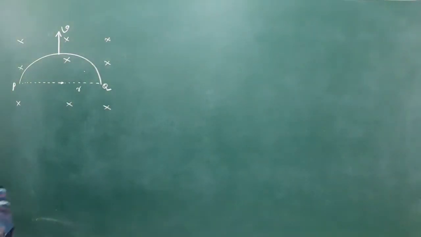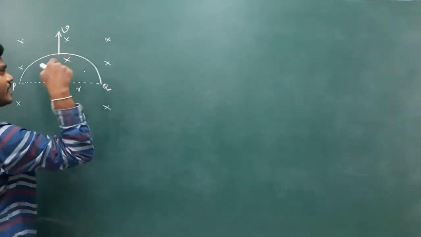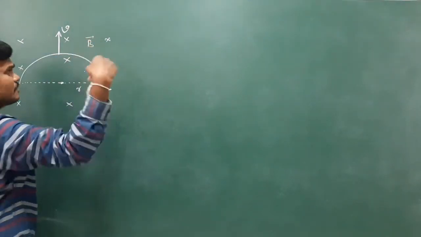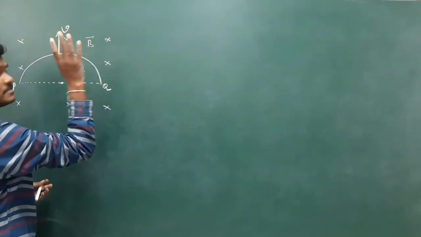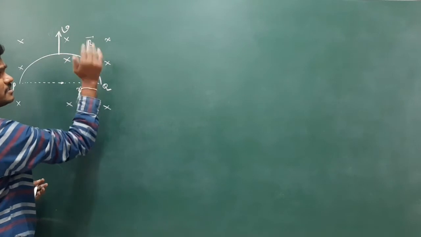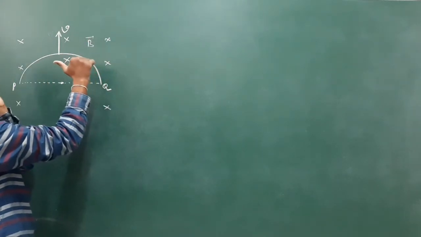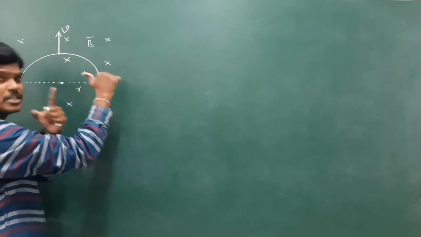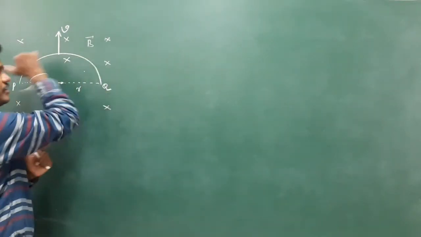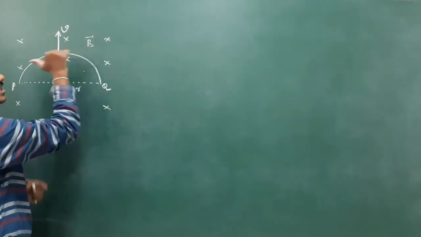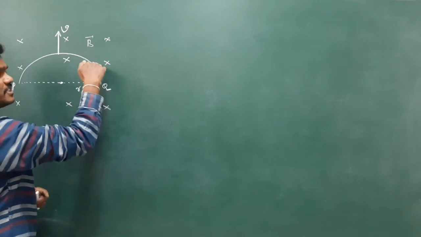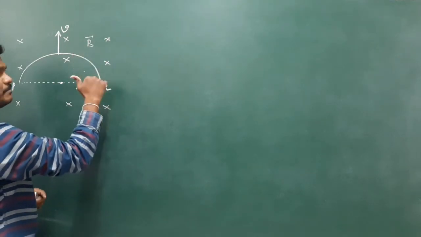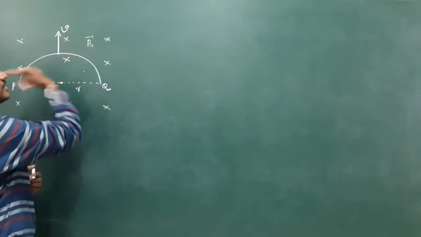Yeah, I think you got the answer maybe. So this is V, and B is into the board. See the fingers: V, and B is into the board. V cross B, see the thumb. This will give the direction of V cross B, which is nothing but the direction of induced current. So this is the direction of induced current. V, B, B is into the board. Okay, V, B. So the direction of induced current is the left side.